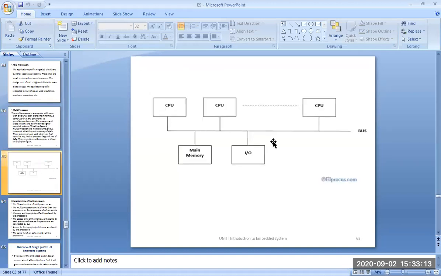We use multiprocessors depending on the complexity. If you are trying to do something more complex, then we use this type of multiprocessor. In all our computers, we have multiprocessors: 3 cores, 4 cores, 5 cores, and so on. We have i3, i5, Intel. You can look into the data sheets for what is i5, how many processors it has, and so on. You can look into the details or features.